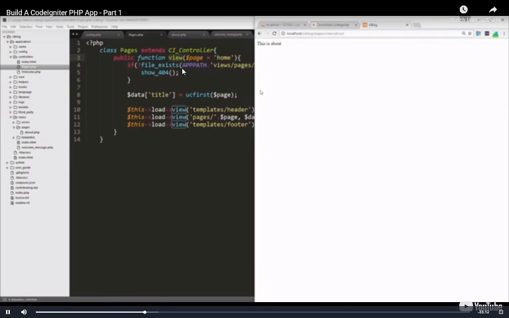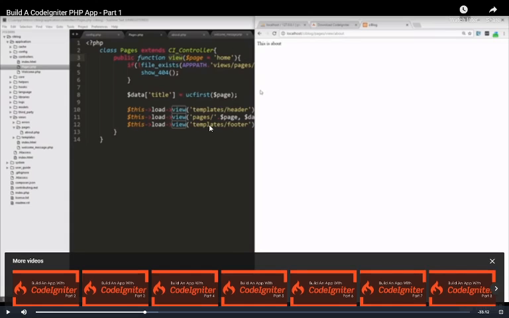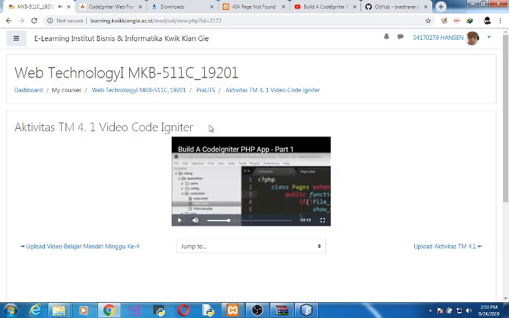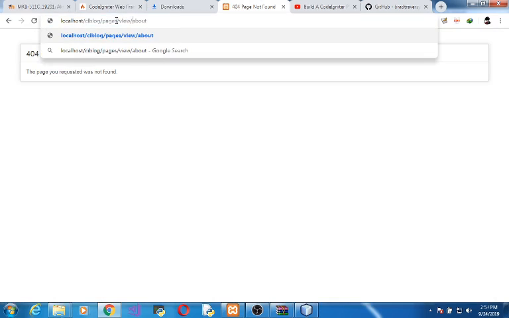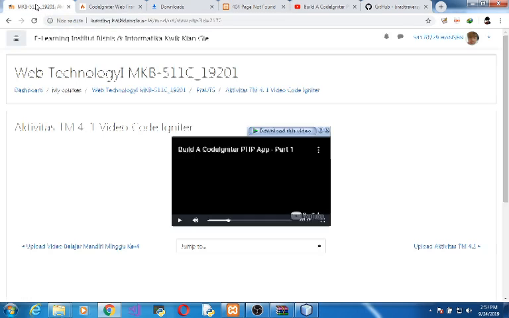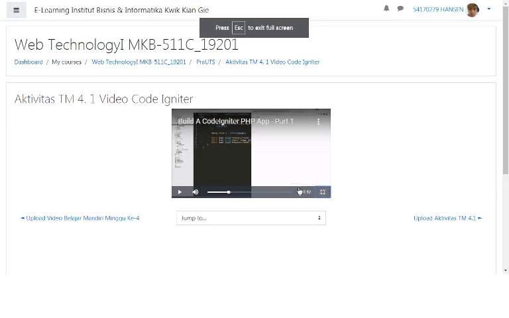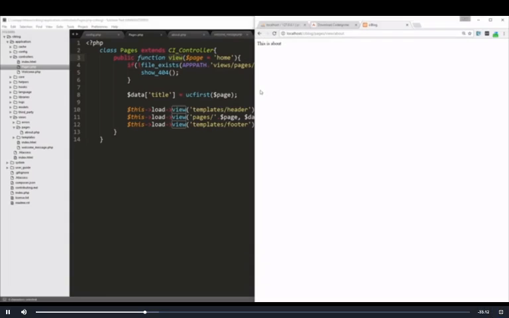So let's load that, and we get this is about. If we look at the source code